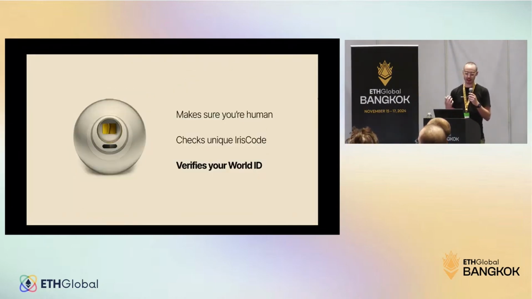So the orb has a couple different sensors on it. Its job is to first make sure you're actually a human, running over a dozen machine learning models locally on the orb. It takes a photo of each iris and calculates this iris code, this digital representation of the pattern of your iris. And that's what we use to check and make sure that you're unique. These iris codes are stored in this really fascinating MPC system. If you want to learn more about the cryptography behind that, how we do this super privately and super safely and securely,